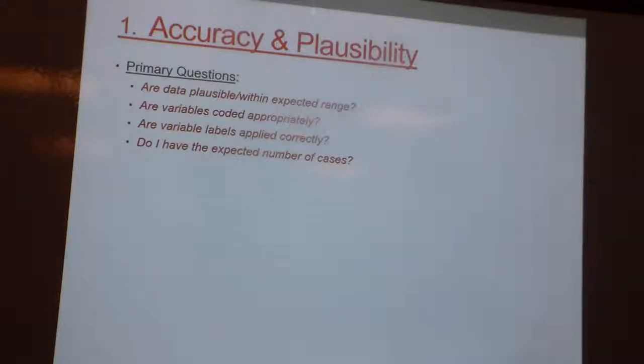Or you don't have people entering data who make a keying error and hit 33 when they should have hit 3, right? But we should always go through and make sure that our data are within range, and that we coded variables appropriately, right? If you've got multiple semesters of data, in semester 1, women are 0 and men are 1, and in the second semester, men are 0 and women are 1,